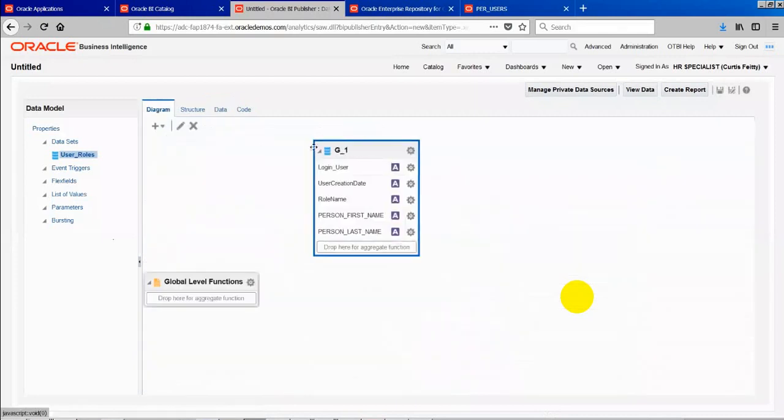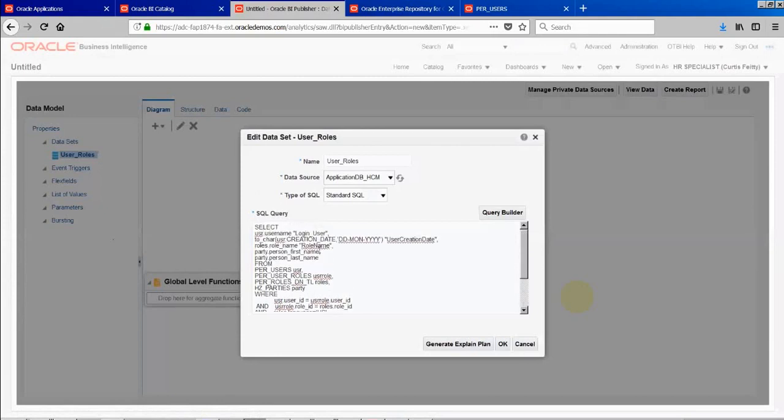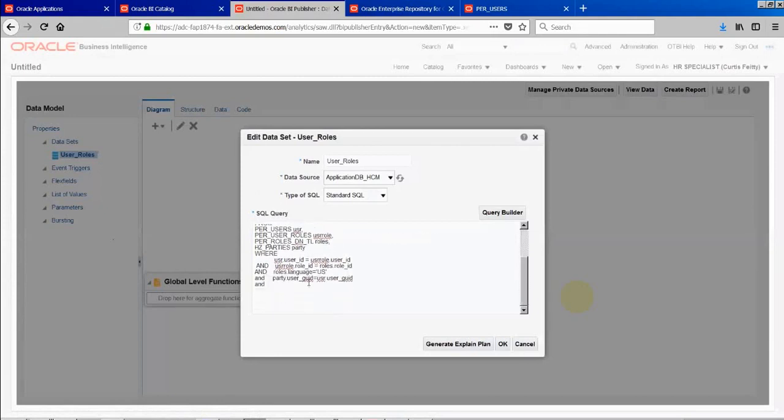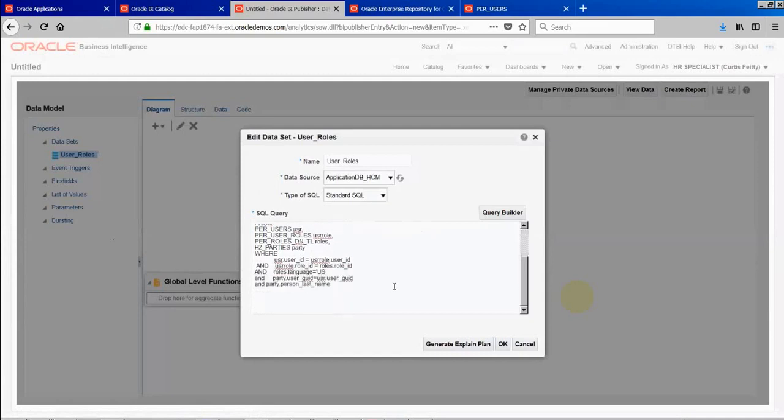Let's pull our data. So if data is more than 200 rows, how can we? Yeah, I will tell you that.